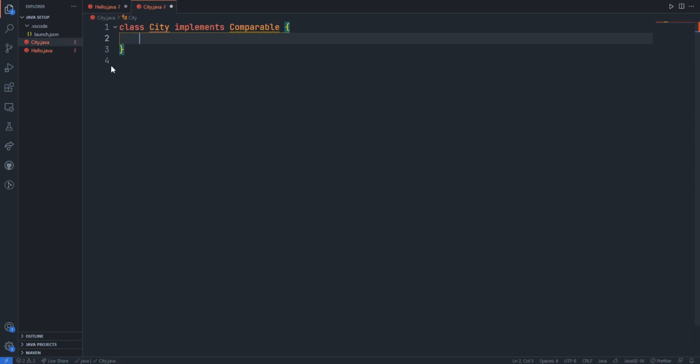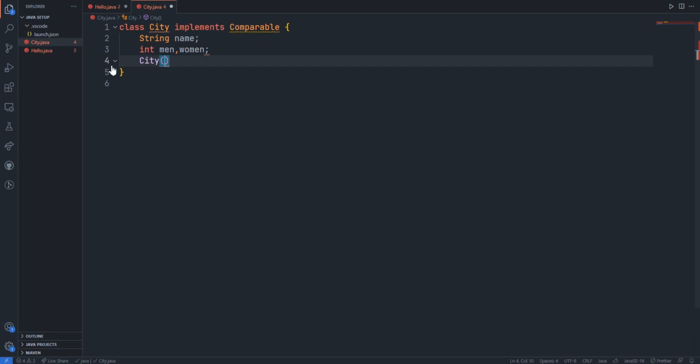Inside this City they have passed three values, which are a string name, and integer values men count and woman count. So inside this City constructor, we have the same name without any return data type and without the public modifier.